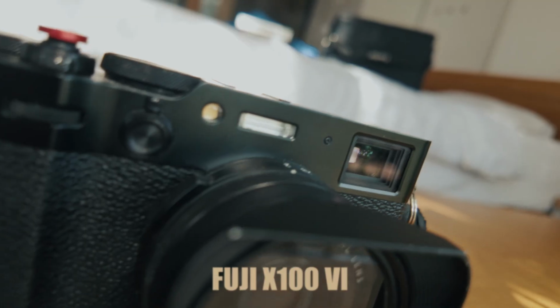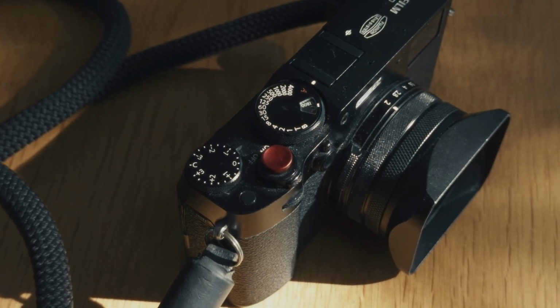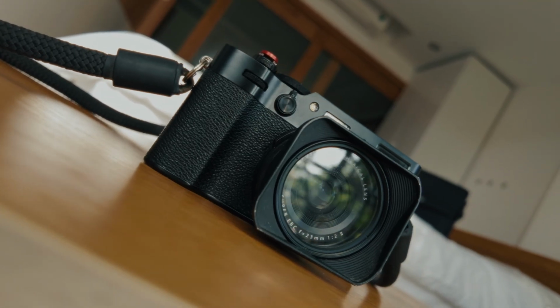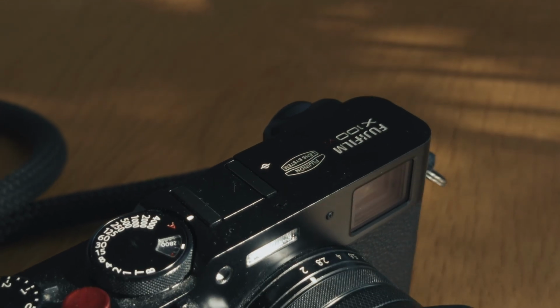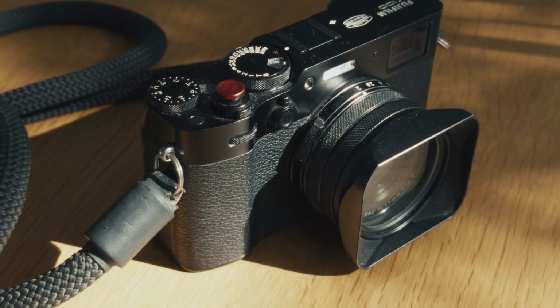For all my daily stuff, the camera I actually use the most is the Fuji X100VI. It's the perfect camera for traveling, taking portraits, and doing some kind of street photography. I also like the fixed lens, but honestly, it's not a good camera for jobs because it's not the fastest. The autofocus isn't super reliable. So yeah, but for what I do, I really like it, especially because it's so small and the quality is